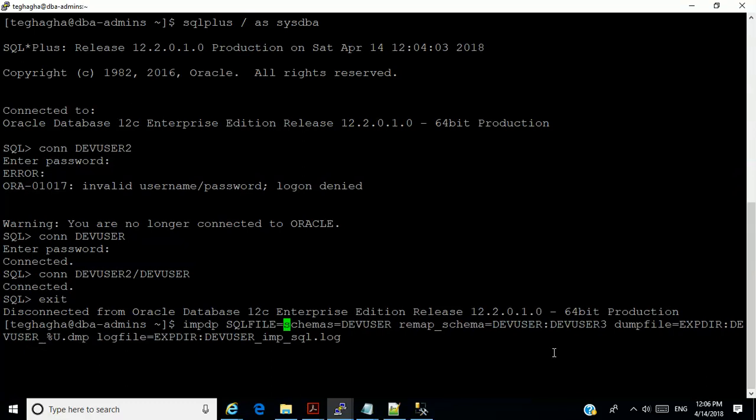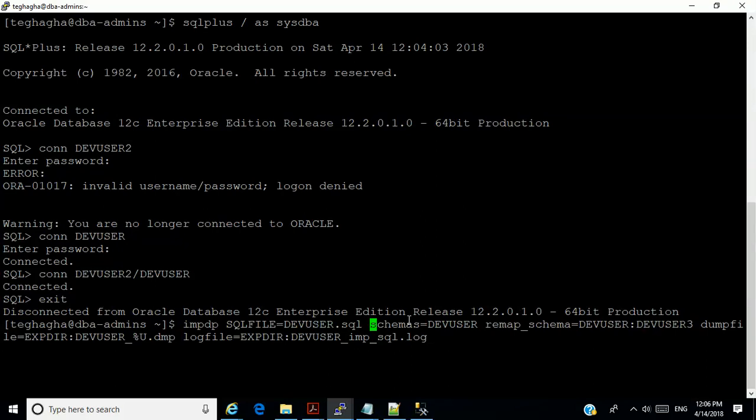Now when you put SQL file, it does not actually import anything. All it simply does is create an SQL file describing what it would have done for you. The SQL file will only generate the code of all that it will do for you if you were to import using the option that is specified right now.